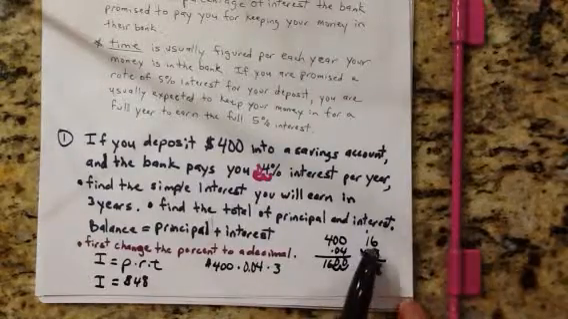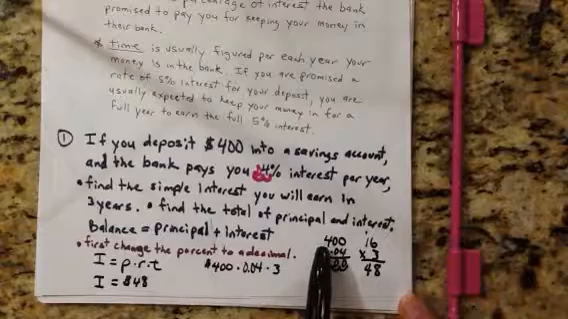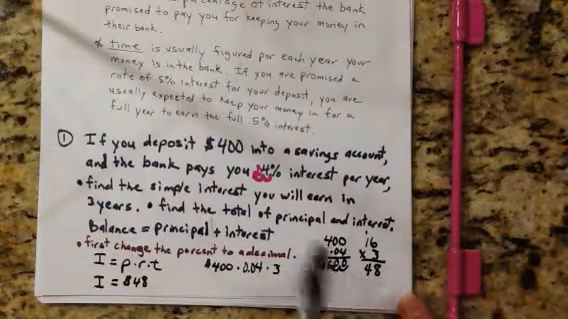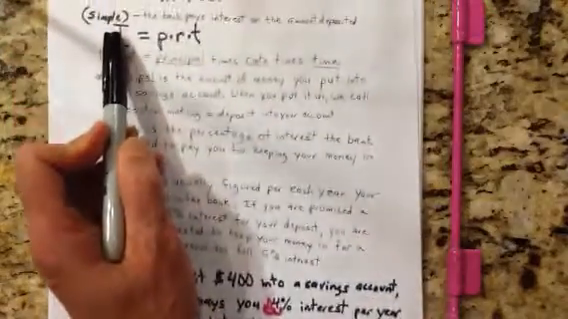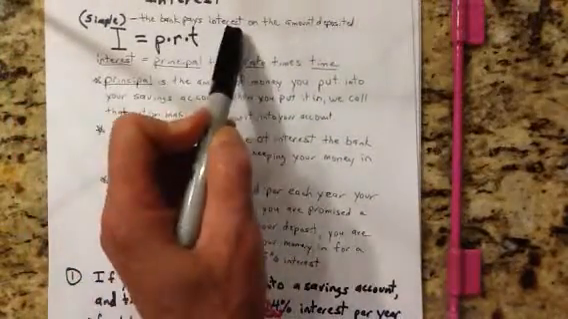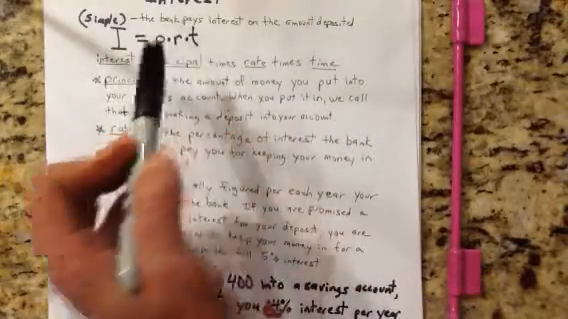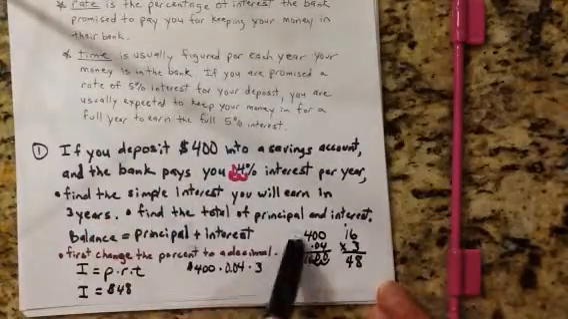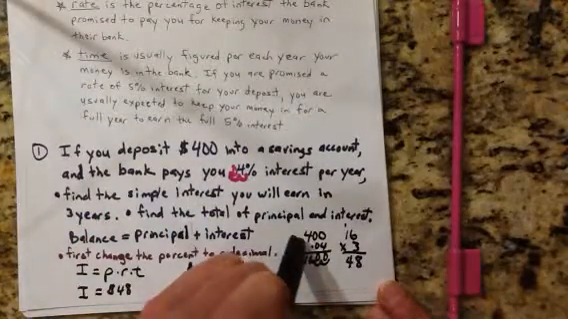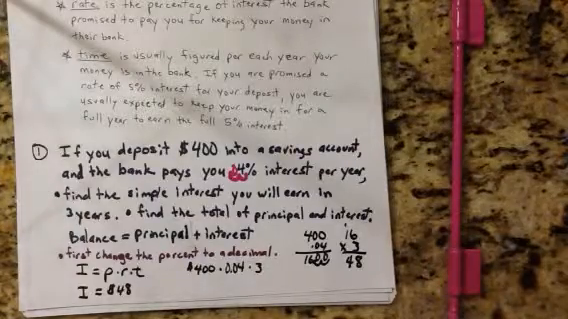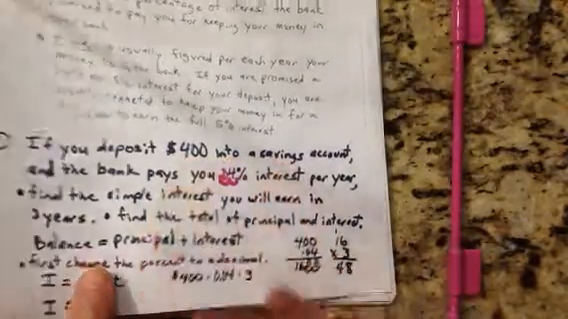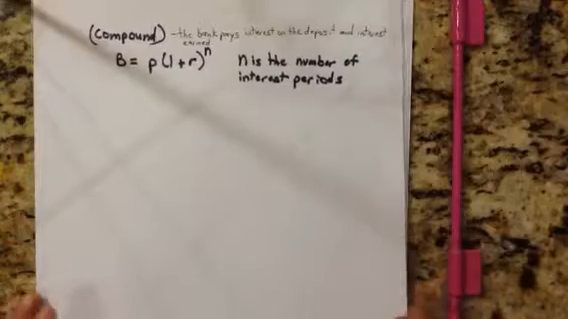And notice I earned $16 for 1 year on $400. But let's look at the definition of simple interest again. The bank pays interest on the amount deposited. So each year it's still figured only on the $400 because it's simple interest. Well, each year the bank credits you with your interest, and so then there's another kind of interest, which